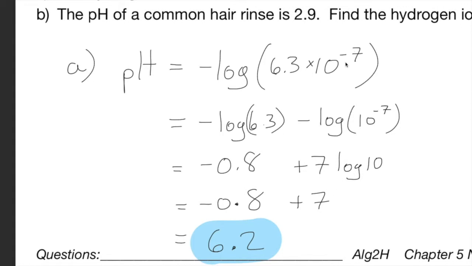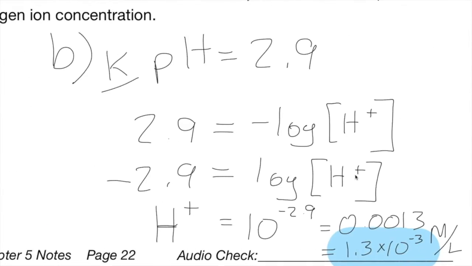It came from the exponent here. So really the most important number between 6.3, 10, and negative 7 in coming up with the answer is actually the negative 7. 6.3 affects it a little bit, but you can see it has this strong of a concentration because of the exponent here. Anyway,